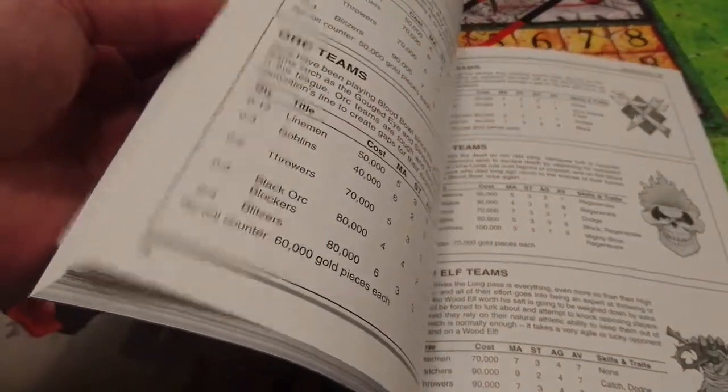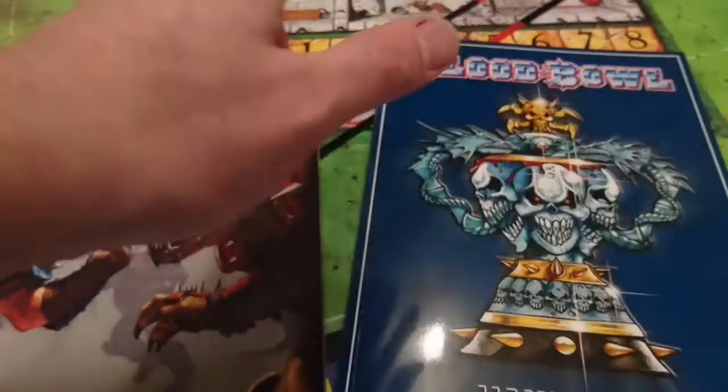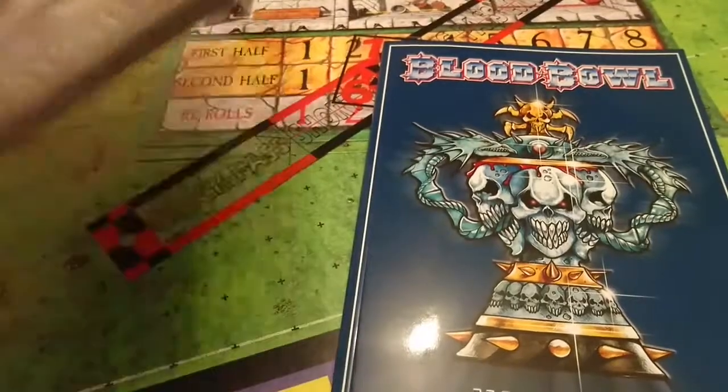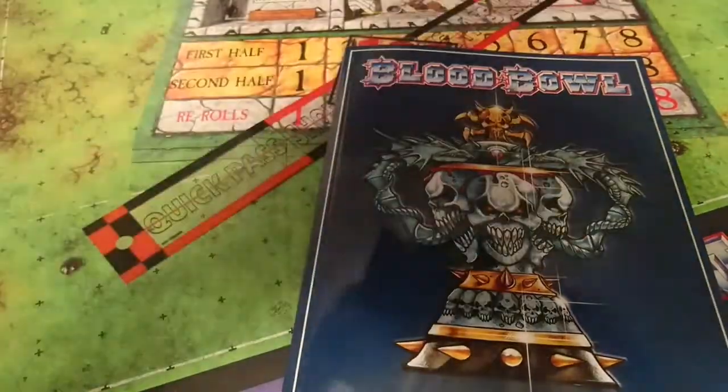So yeah, this had all the teams in, which was really cool. And then obviously the living rulebook expanded on that. Both of them are fantastic for different reasons. I like this better because I can read it. Look at that. My old eyes really struggle with this. But yeah,